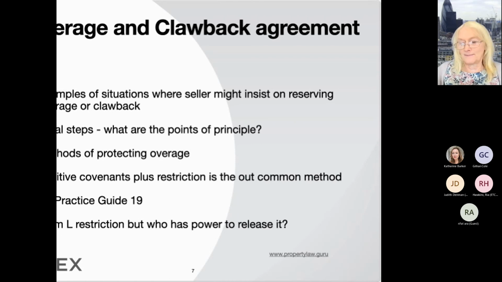Because if you sell a piece of land, once you've sold it, you don't need agents, valuers, surveyors and things. If you sell a piece of land with overage, then you, the seller, are going to have to police it and make sure that the buyer doesn't do something, change of use, development, occupation. And if it's a piece of land in another part of the country, and you're, say, a company and you've got land you just sold in Liverpool or in Cornwall or Northumbria or something, in order to keep tabs on it, you're going to have to send a valuer or a surveyor or somebody up there all the time to see what's going on.